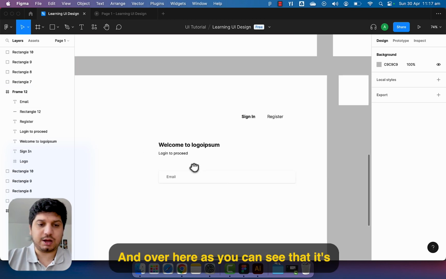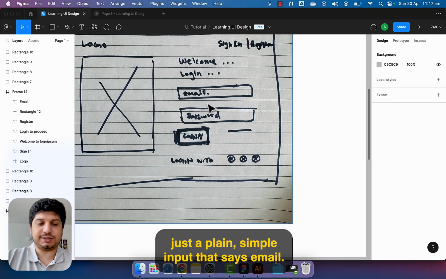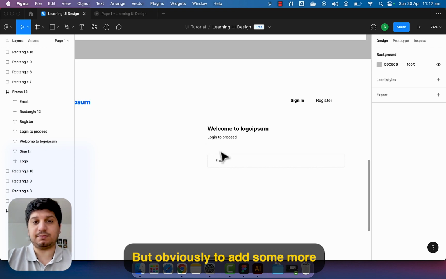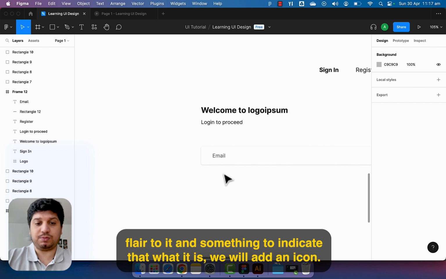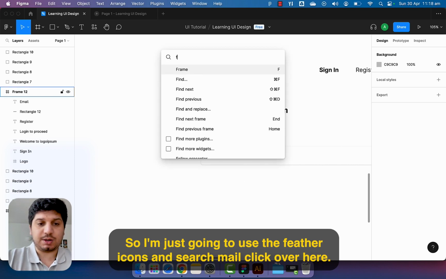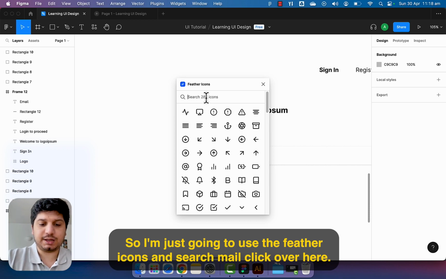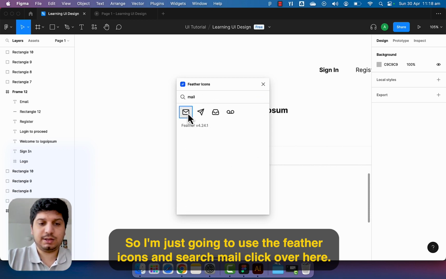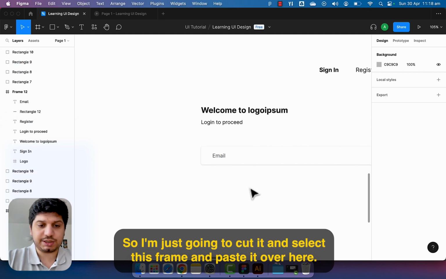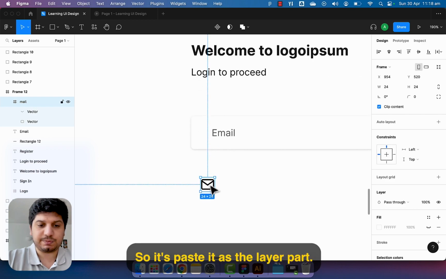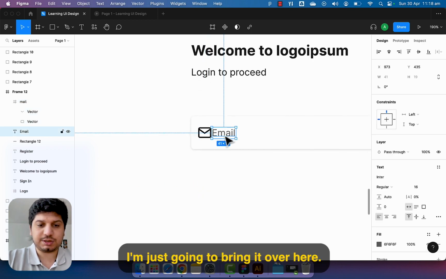And over here, as you can see, it's just a plain simple input that says email, but obviously to add some more flair to it and something to indicate what it is, we will add an icon. So I'm just going to use the Feather icons and search mail, click over here, it has added as a frame, so I'm just going to cut it and select this frame and paste it over here, so it's pasted as the layer part. I'm just going to bring it over here,